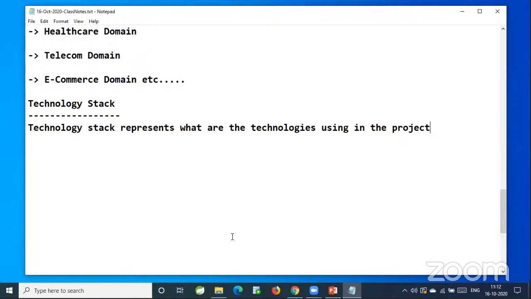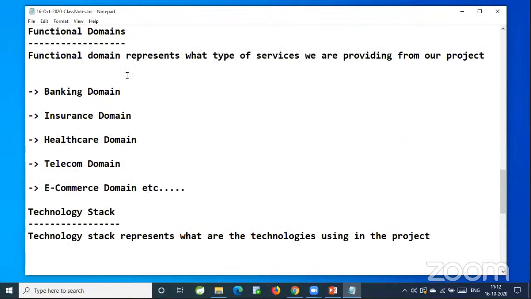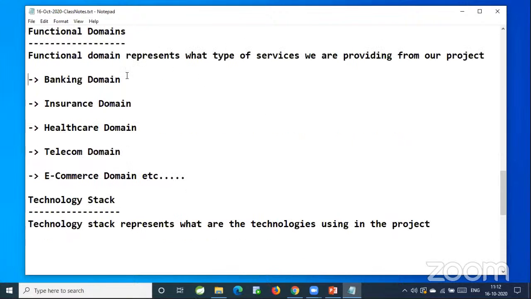Are you using Redis Cache? Are you using Spring Security? What are the technologies we are using in the project? That also we need to understand whenever we are joining a project. What is the technology stack of your project? Tomorrow, when you attend your interview, they will ask you, what is the domain of your project? In the interview, suppose,